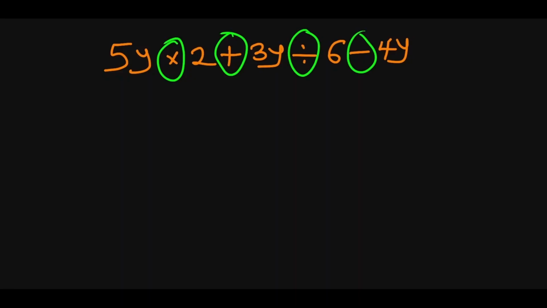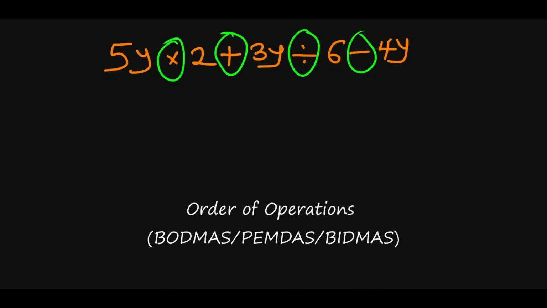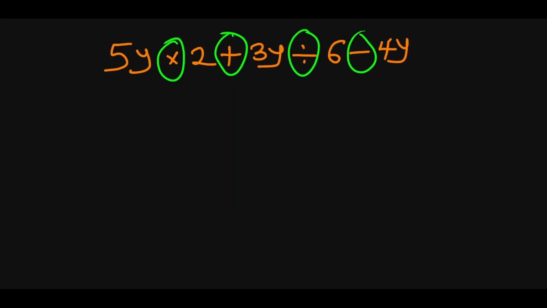The only way you can solve this is to use what we call order of operations, or BODMAS or PEMDAS, depending on where you are studying. The US, Nigeria, UK, India, wherever, they call it different things, BODMAS, PEMDAS. And we will do that in further lessons. Just follow the series. We will get to BODMAS. BODMAS or PEMDAS or order of operations is the only way you can solve this kind of expression to simplify it. Otherwise, you cannot collect like terms. This is very, very important.